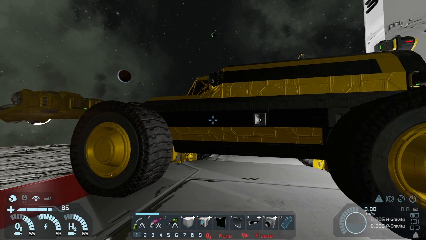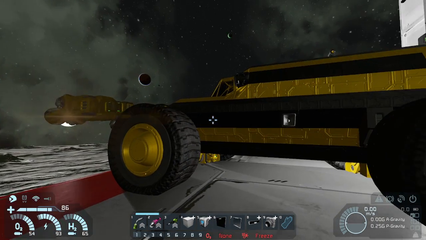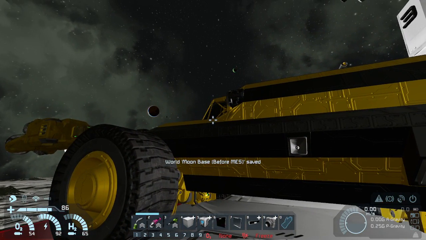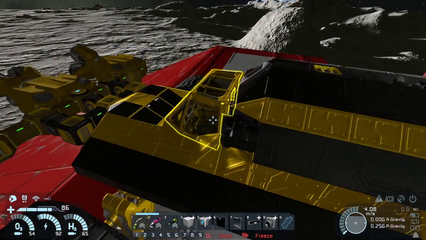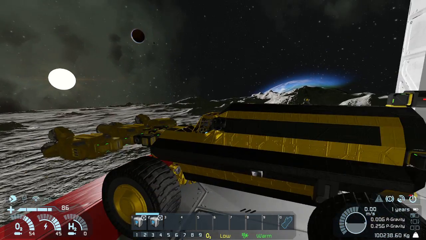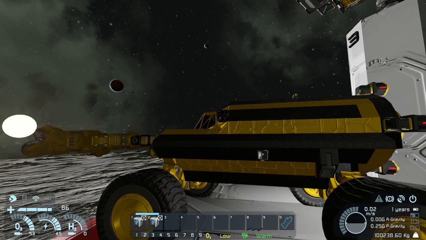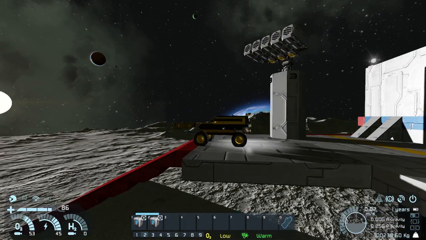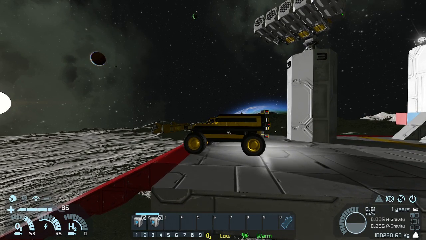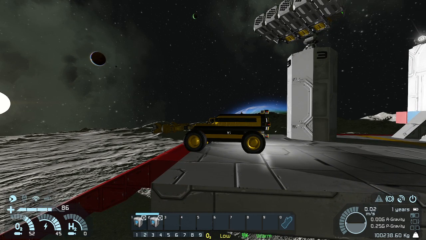I am going to attempt sharing how I have my suspension set up for my utility rover here. What I'm going to show is how this vehicle does this. I'll zoom out some so you can see it. What I'm doing to how I set this up